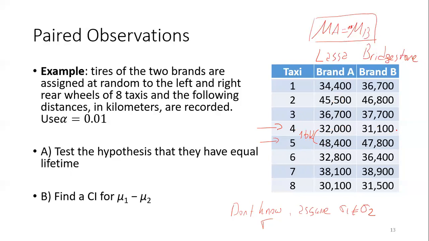Similarly, for brand B, there is almost 60.7 thousand kilometers difference between these two taxis. So there is not only a difference of brand A and brand B in this comparison. There is also